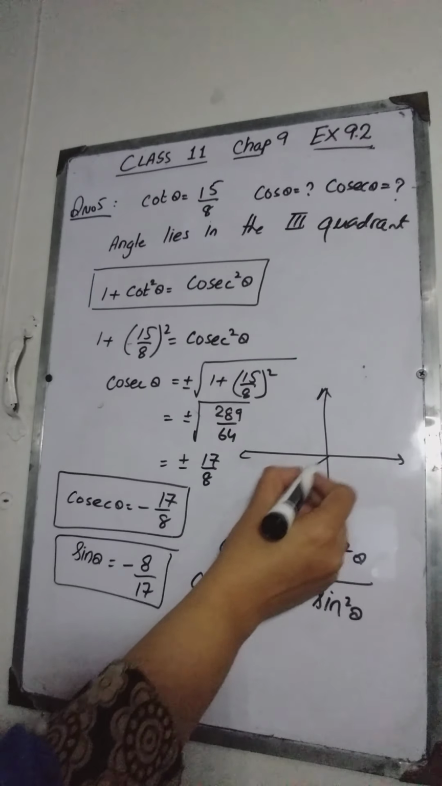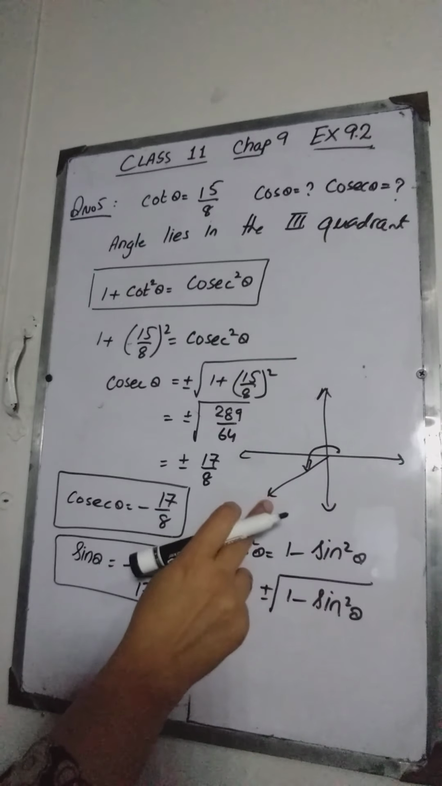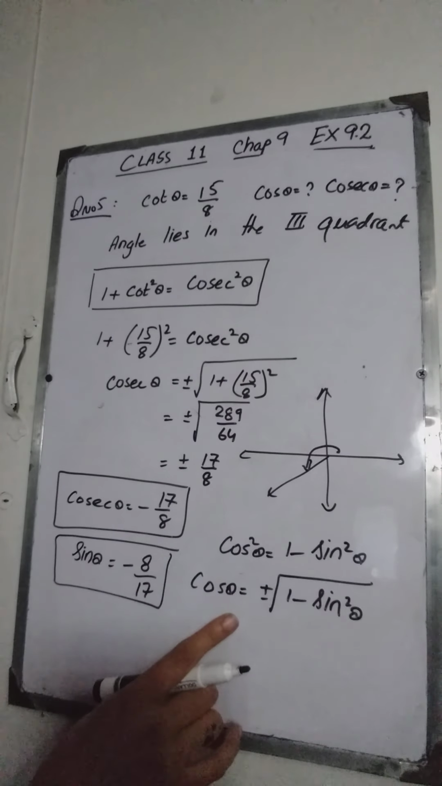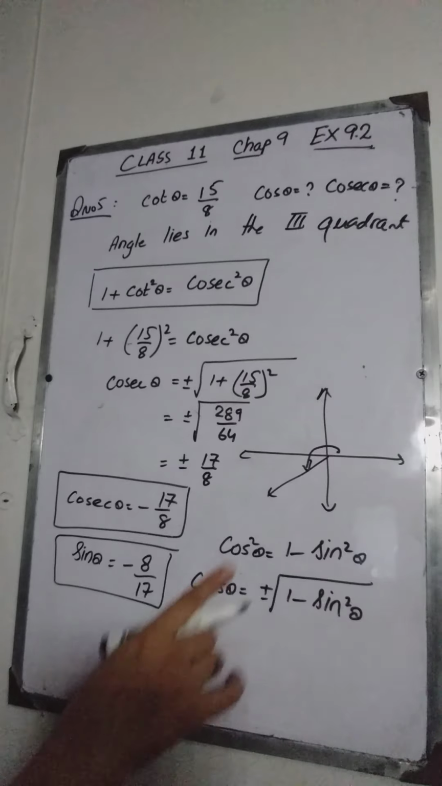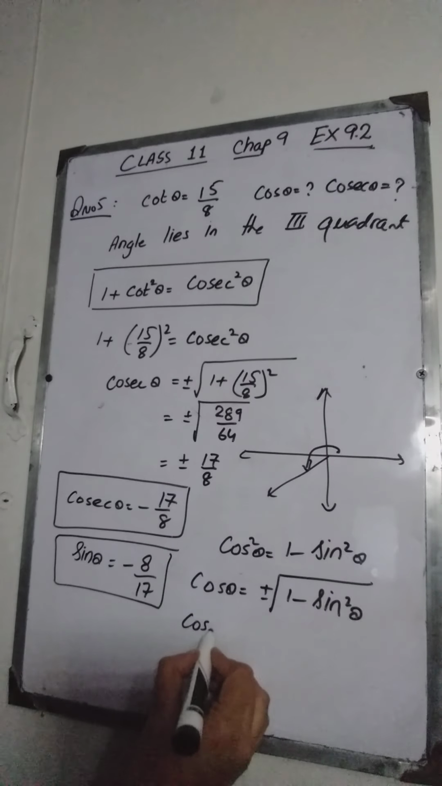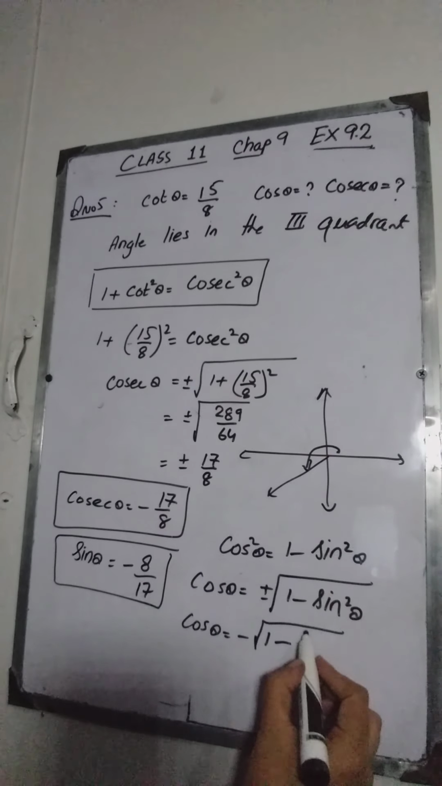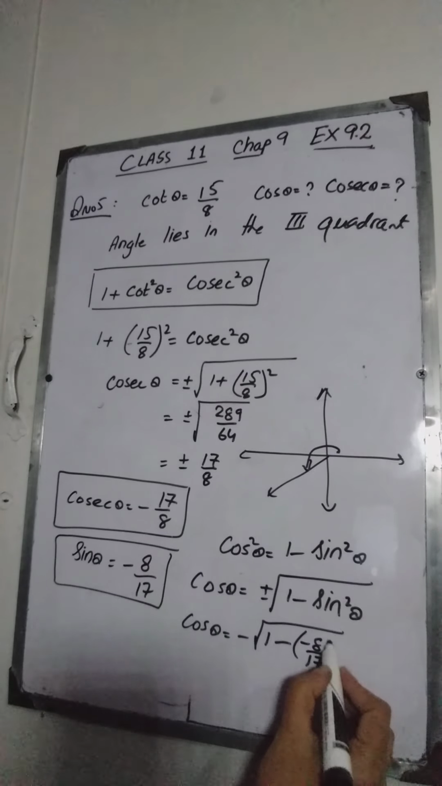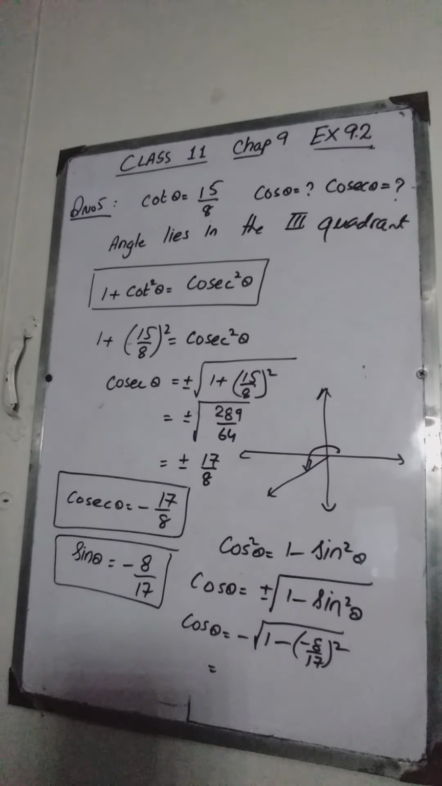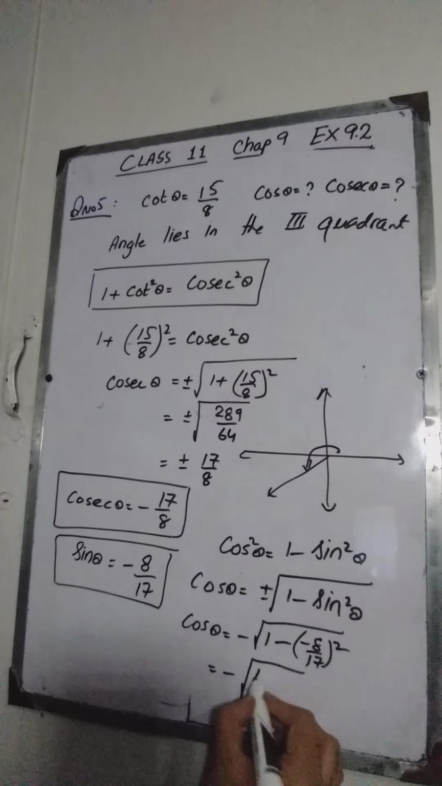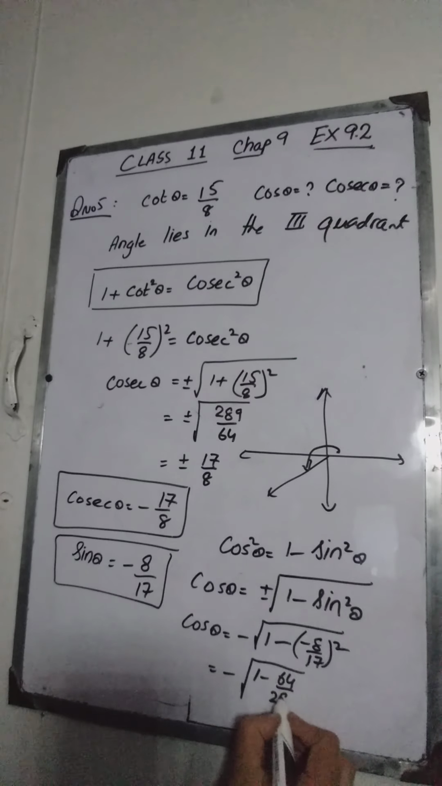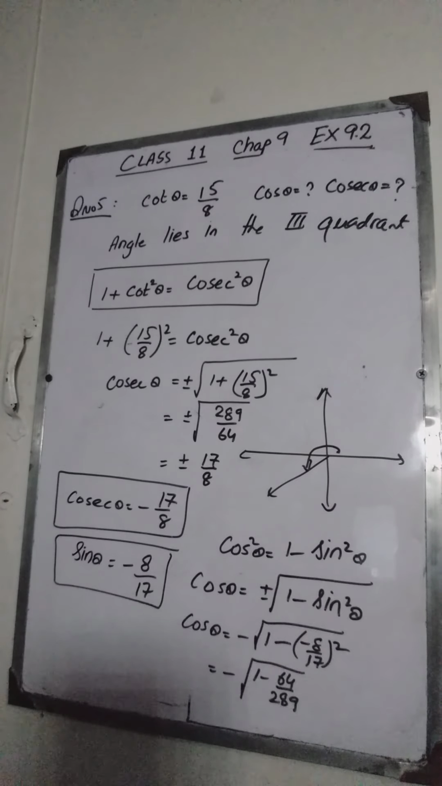We know that theta lies in the third quadrant, and in the third quadrant all the trigonometric ratios are negative except tangent and cotangent. Cos theta is also negative in the third quadrant, so cos theta will be equal to negative under root 1 minus sine square theta. What is sine square? Negative 8 by 17 whole square. We will calculate it. 17 square is equal to 289. It is going to be 1 minus 64 over 289,